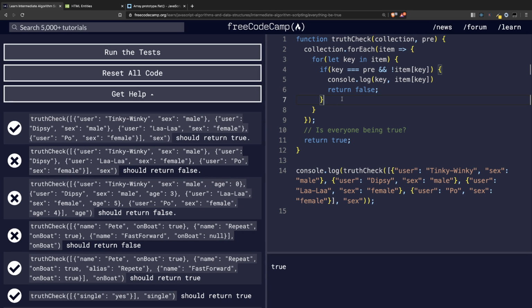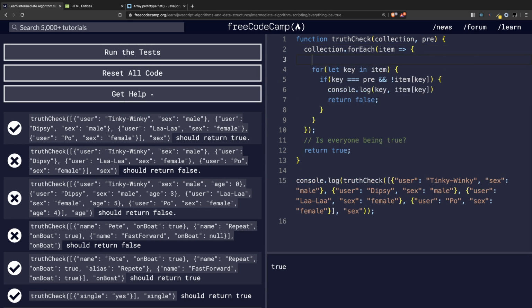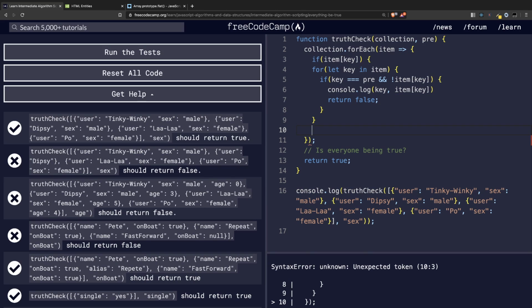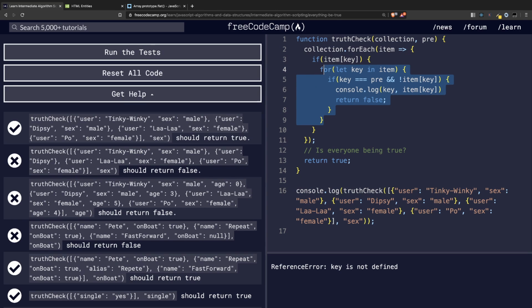Oh, we also need to check. Maybe it doesn't have the property. First, we check if item of key is something. If it is, then we go over it, or we don't need to go over it. No, because